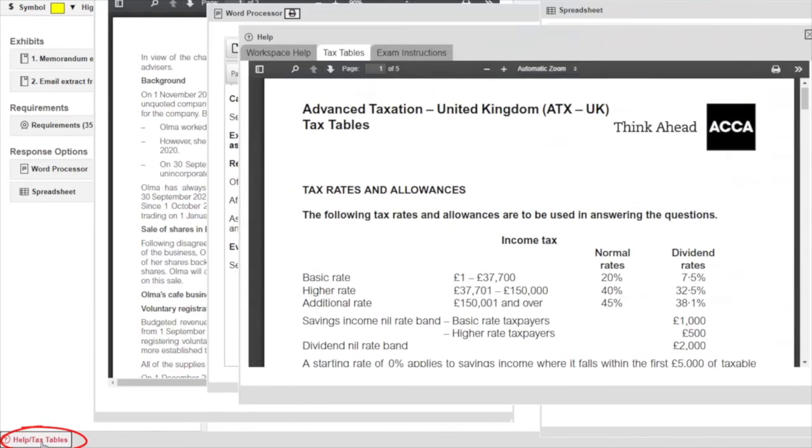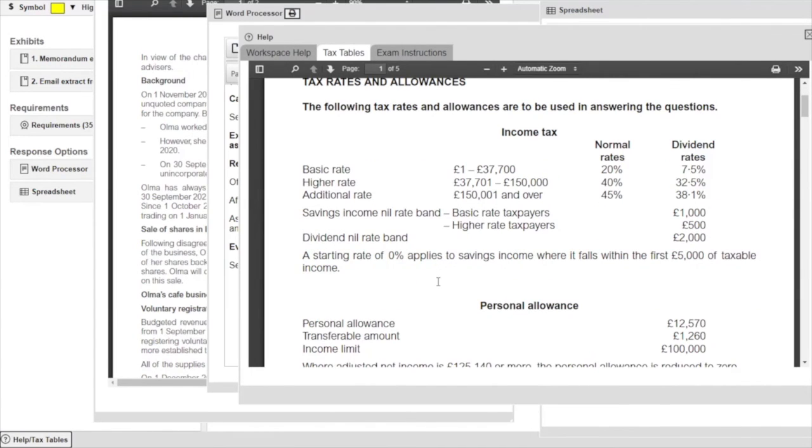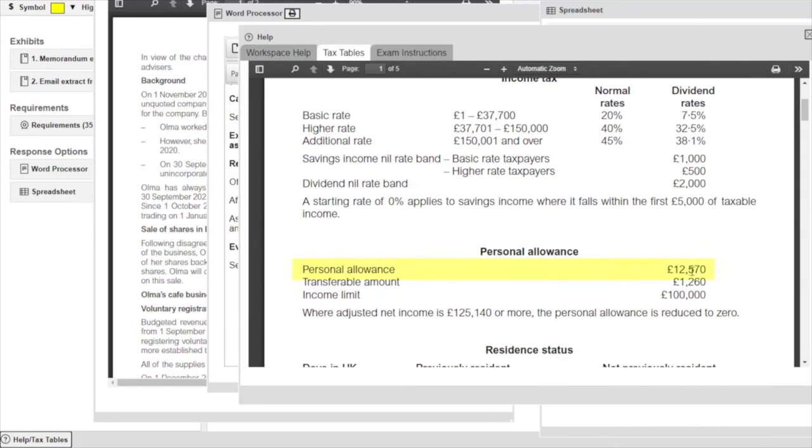We pop those up. So the rates that you're going to be using in the exam in September will be these rates here for the Finance Act of 2021, where the personal allowance is 12,570, and we've got the tax bands there as well. So particularly for those of you who work in tax, it's a good idea just to make sure you are using the right set of tax rates.